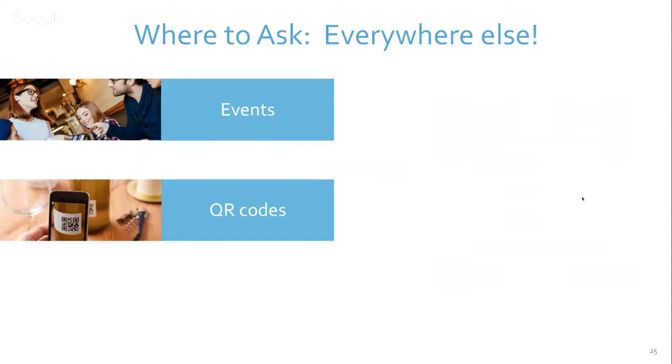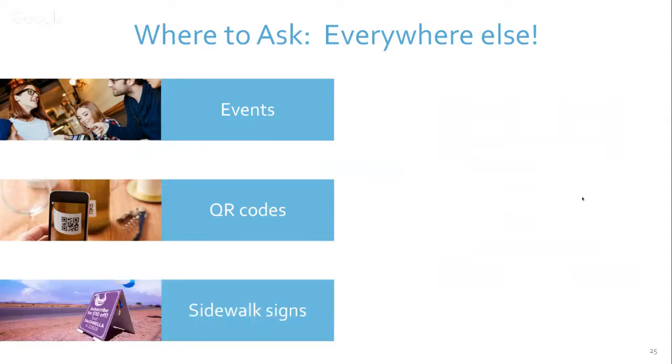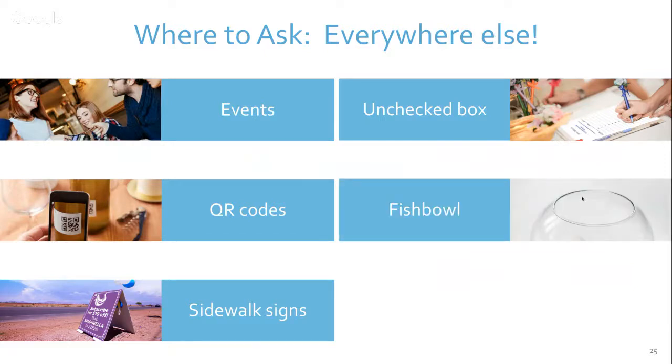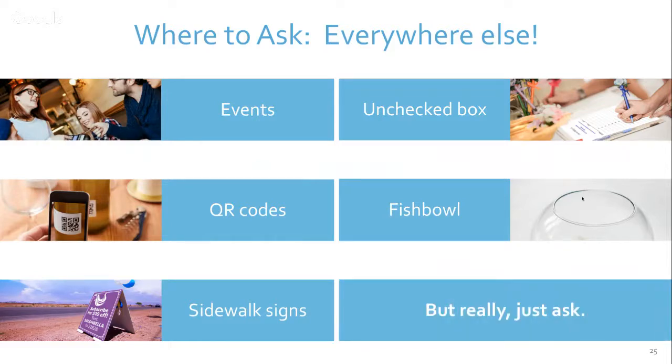QR codes are for special-use times, and then you can take them out and do things. Basically, if you need people to go to a URL that's hard to type, QR codes are a decent option. I kind of like text marketing for that as well. You can do sidewalk signs. You can do sign-up sheets, so just leaving a sign-up sheet at your front desk or your register, or hand it around at an event. A fishbowl: hey, drop your business card in and we'll buy you lunch, or we'll pick somebody to buy lunch for. And really, the trick is just to ask.